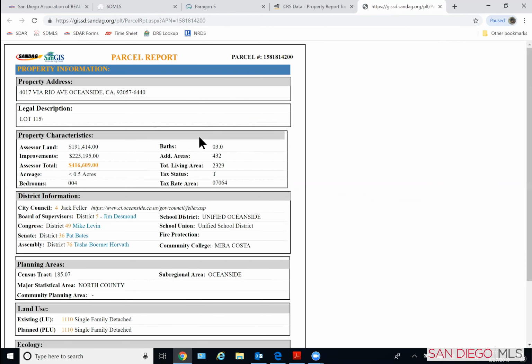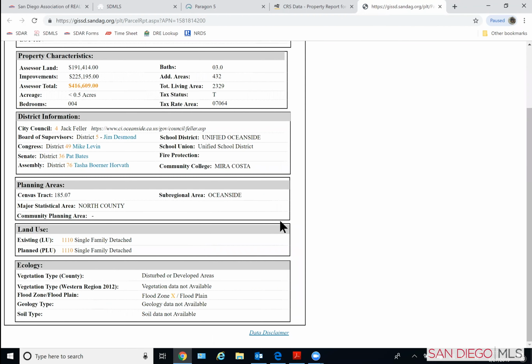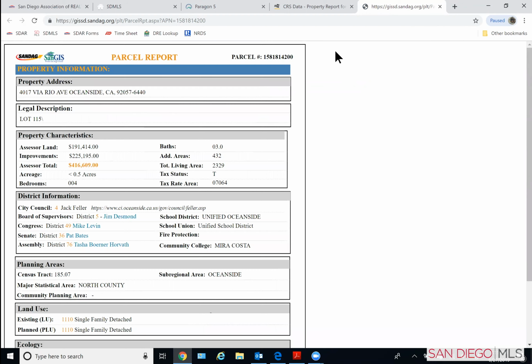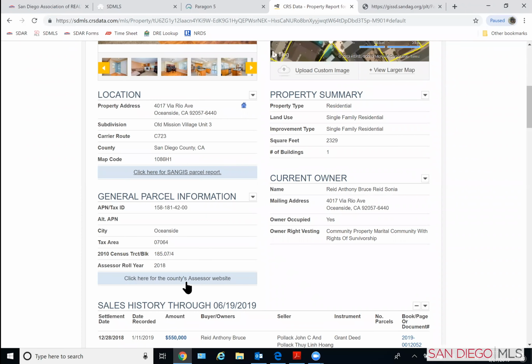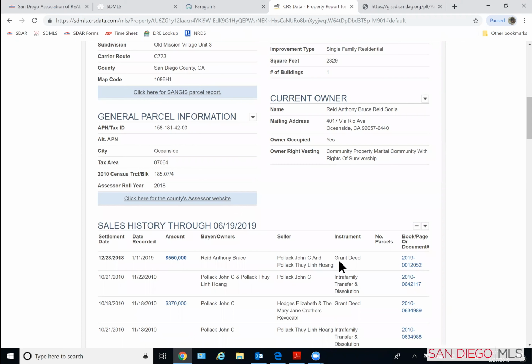So you can get your Sandag report, print, or save this to provide that over to your clients as well. And here, this just gets you over to the county assessor's site if you want to delve in deeper on your own. But I want you to also notice that there are a few other things you can click on